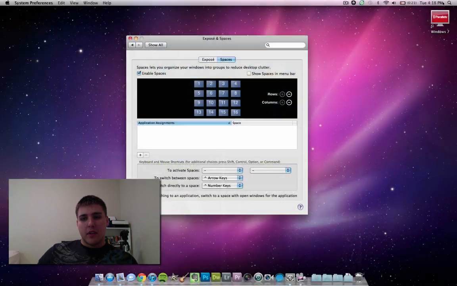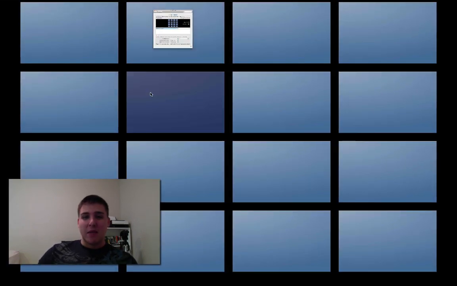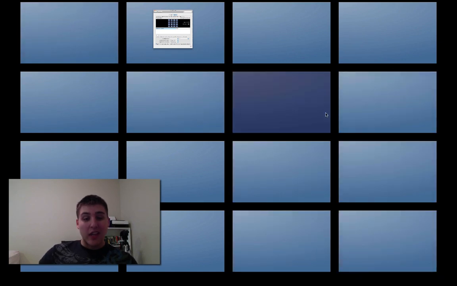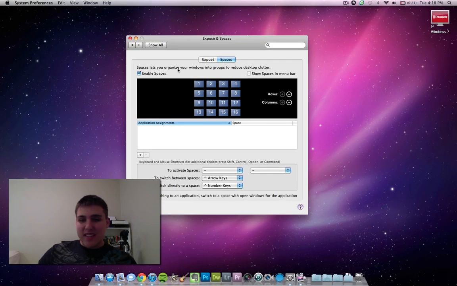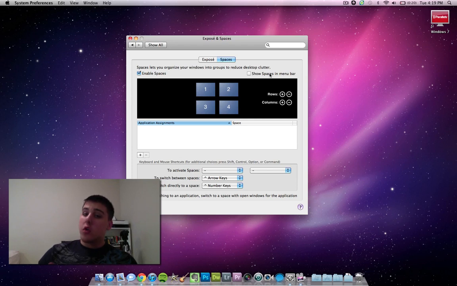Kind of give you an idea of what 16 spaces looks like. I forget sometimes. So if you're really productive, you have 16 spaces to pick from. I kind of just like a 4x4. One more there. There you go. I like 2x2. You can show it in the menu, so you can quickly and easily